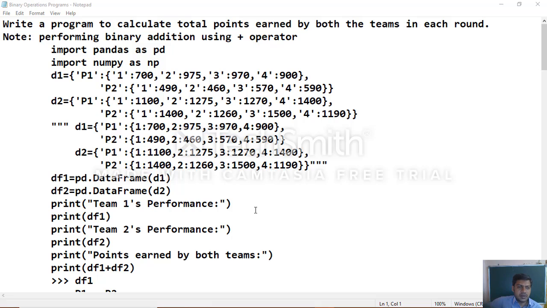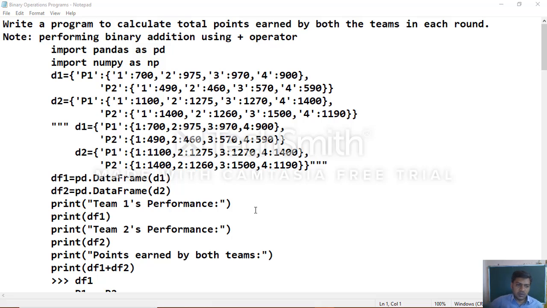Same way p2, which contains inner player 1, 2, 3, 4. So p1, p2 teams become column headers and inner keys become row index labels. Each player, how much he scored points were given.